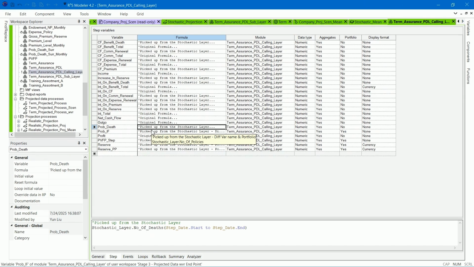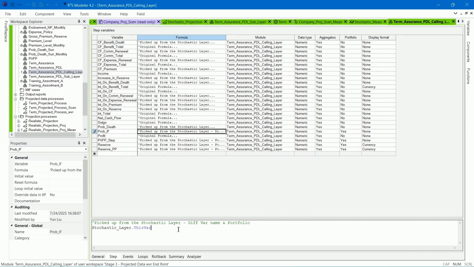So the formula for both variables is simply this var. This completes the setup for the module that will be used in the term program of Realistic Projection Proj Mean.